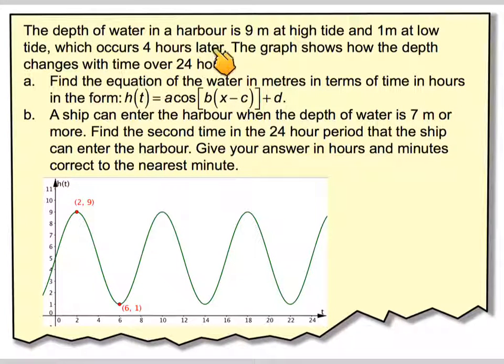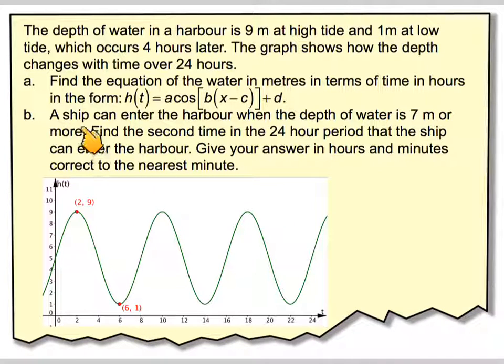The depth of water in the harbour is 9 metres high at high tide and 1 metre at low tide, which occurs 4 hours later. The graph shows how the depth changes with time over the 24 hours. So we've got a graph here, and this is 0 hours, this is 24 hours. This is high tide. After 2 hours it's 9 metres, and then 4 hours later it's going to be 1